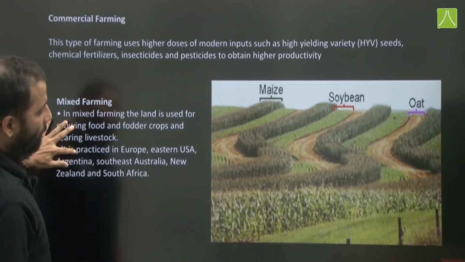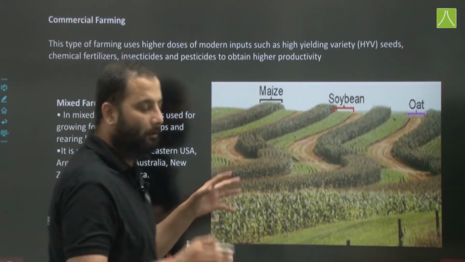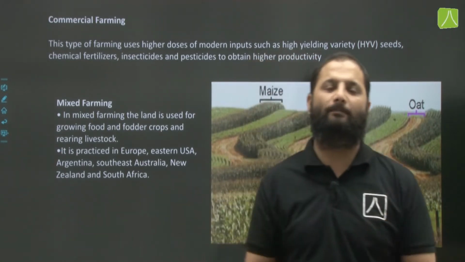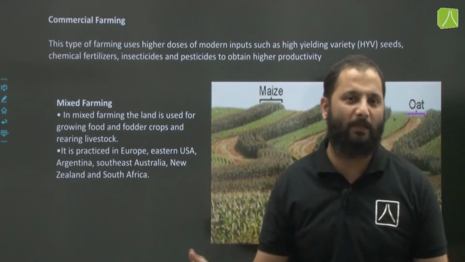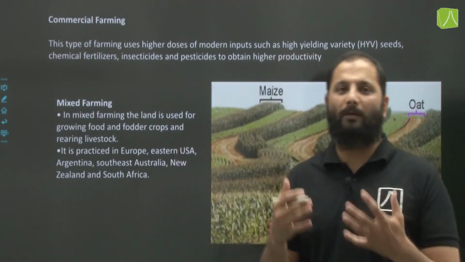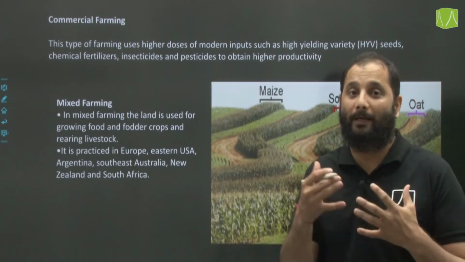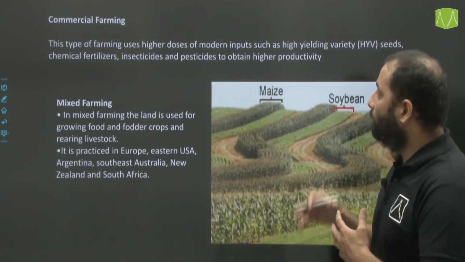Now moving to the next type of farming, commercial. As the name suggests, commercial farming is basically done to gain maximum profit from a given piece of land, and majorly it is done on large pieces of land. Again, modern methods of farming are used here, and it is also capital intensive. That is, a lot of capital is used for this